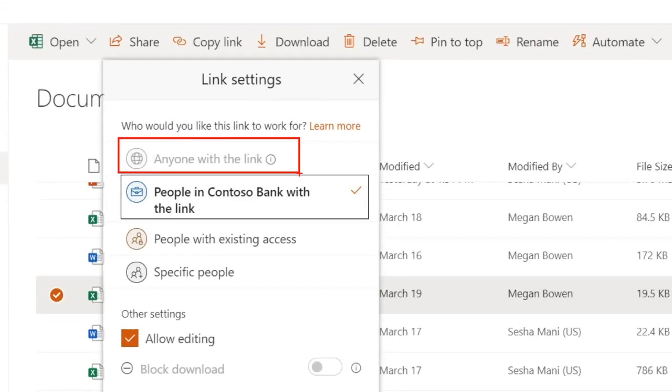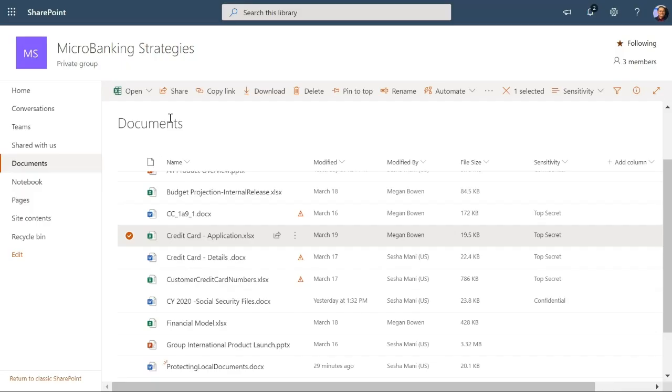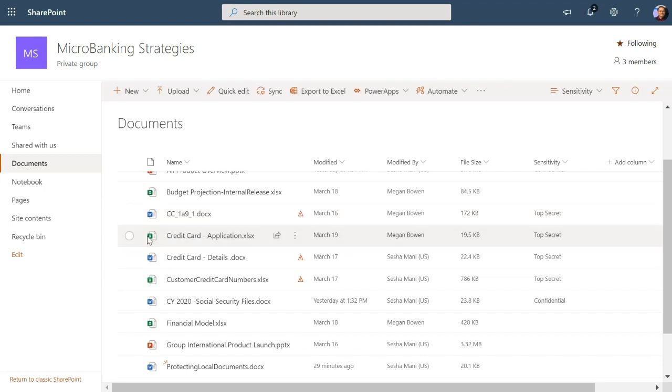And this is because the DLP policy kicked in and detected that the file has a top secret label and disabled the anonymous sharing or even anonymous access as well. So that shows you the DLP policy is in action. That was a quick tour of data loss prevention policy improvements that we have made in Teams and SharePoint and